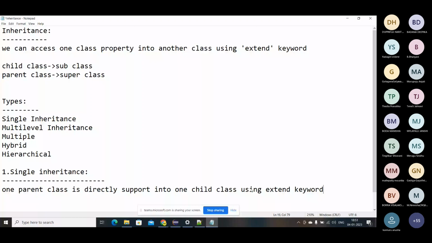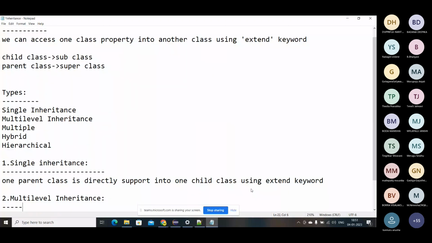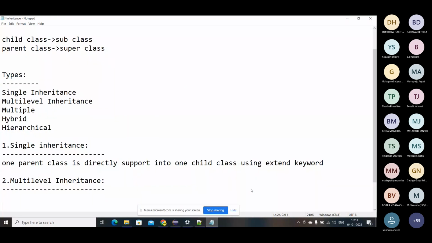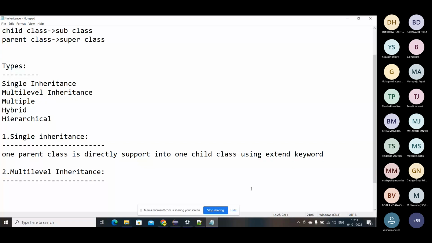The second one is multi-level inheritance. What is it? It has one child class and more than one parent class.